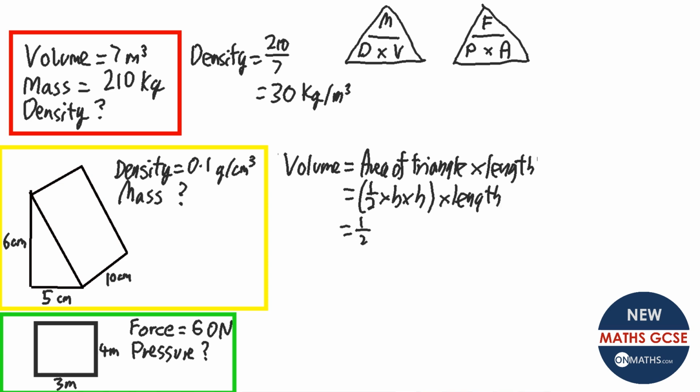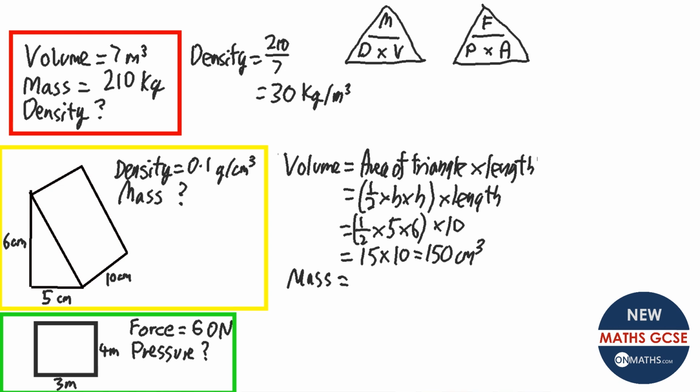Which is half times the base, which is 5, times the height, which is 6, and the length is 10. So 5 times 6 is 30, half of that is 15. So that's going to be 150 centimeters cubed, and so therefore the mass